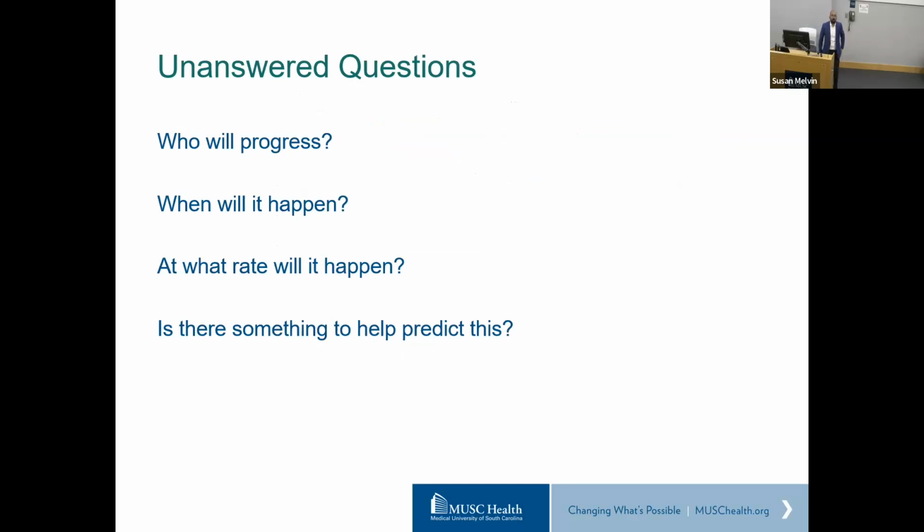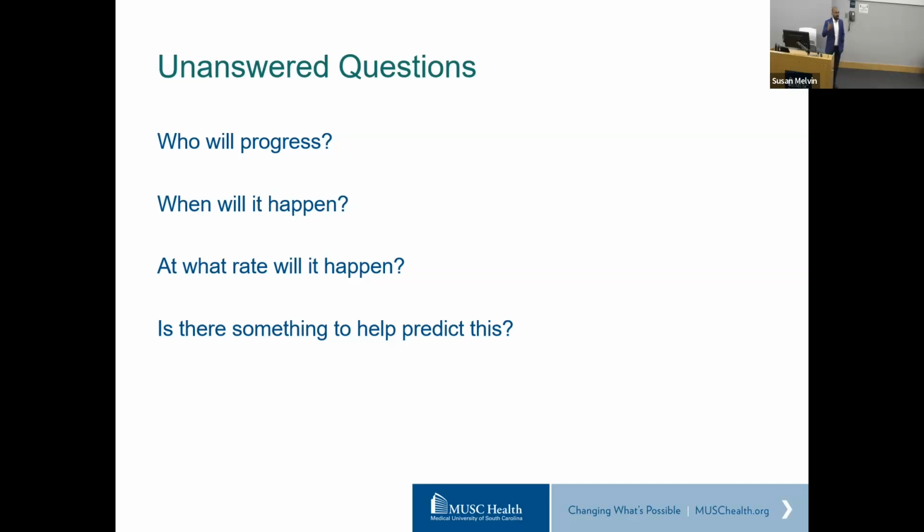Yeah. So, unanswered questions, and I put them as unanswered questions because I don't have the answers to them. But these are common questions that I get in my clinic. Who will progress? And to date, the data just shows us risk factors. Folks with diffuse cutaneous subtype of systemic sclerosis, folks with presence of anti-SCL70 antibody, male individuals or men with systemic sclerosis tend to progress faster, and they have a poorer outcome as compared to women.